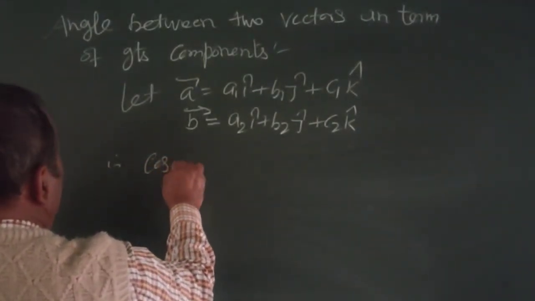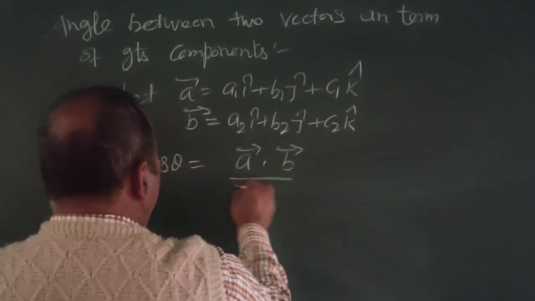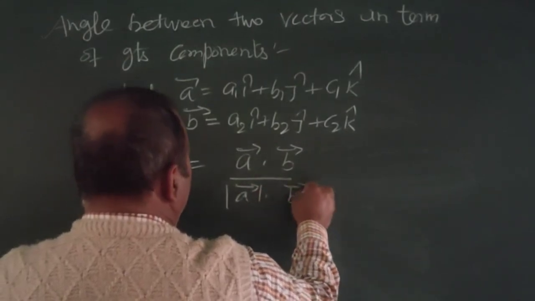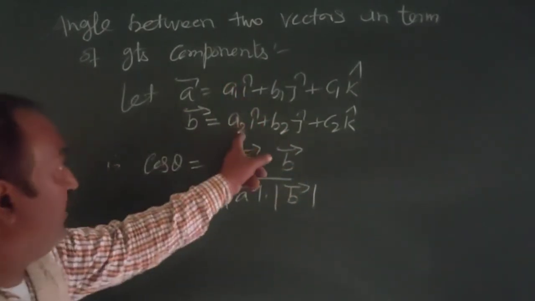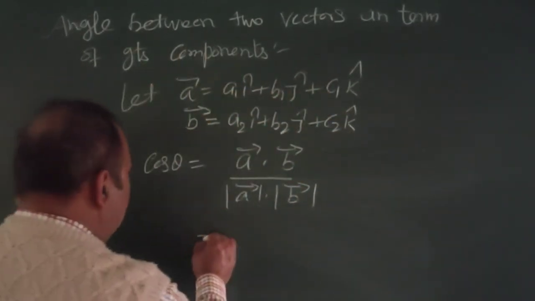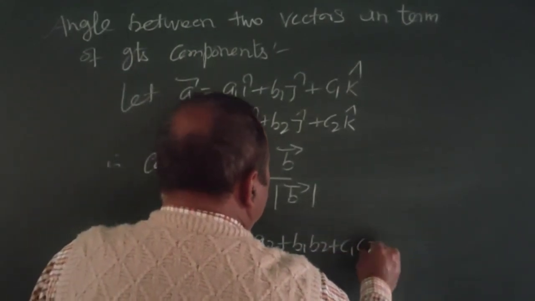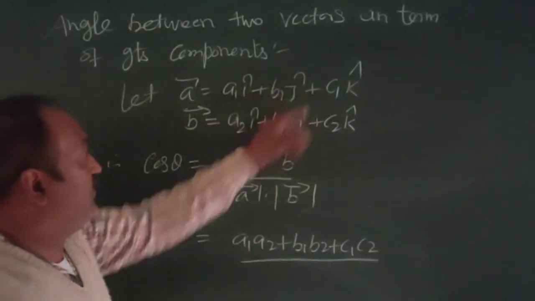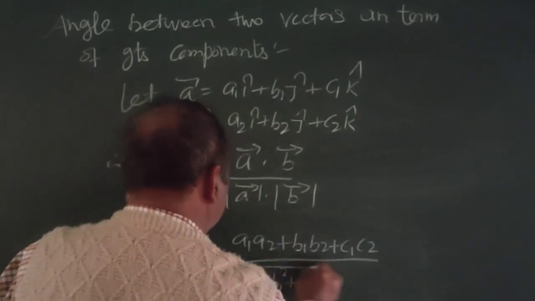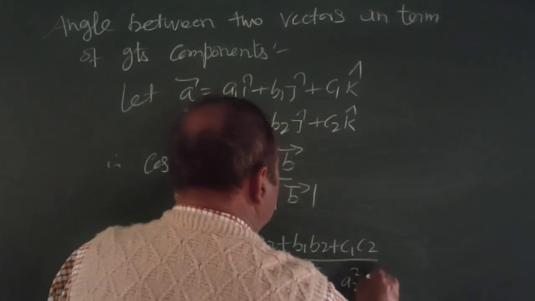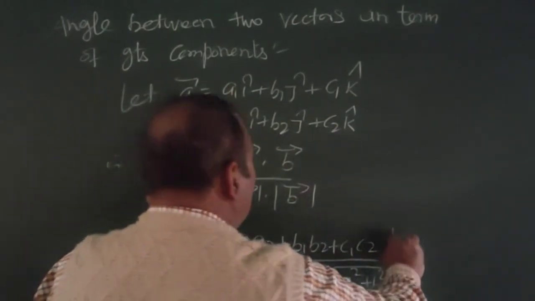Therefore, cos of theta will be equal to A vector dot B vector divided by A vector magnitude into B vector magnitude. And A dot B is A1 A2 plus B1 B2 plus C1 C2. It becomes A1 A2 plus B1 B2 plus C1 C2 divided by A vector magnitude is A1 square plus B1 square plus C1 square under root into A2 square plus B2 square plus C2 square root, and taking whole modulus